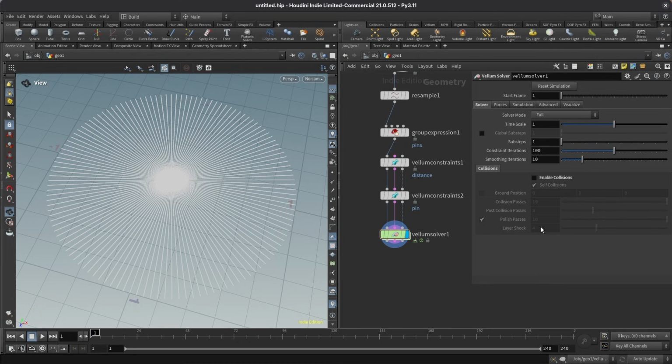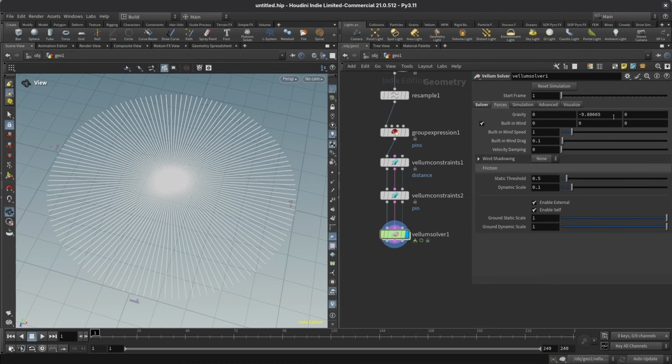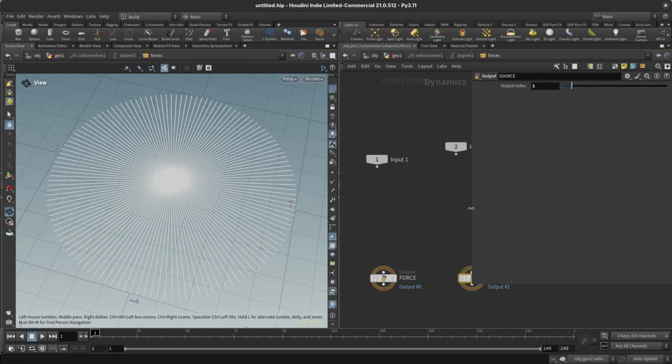So let's just disable all collisions. Then let's go into the forces and also disable gravity. And what you might also want to play with is the velocity damping to make the simulation in the end a bit smoother. But at least for this, I left it at 0. And now with this set up, we can finally jump inside of our Vellum solver and implement our glue logic